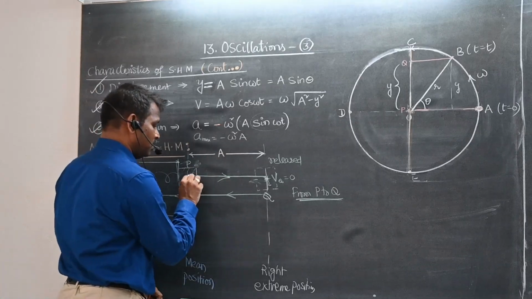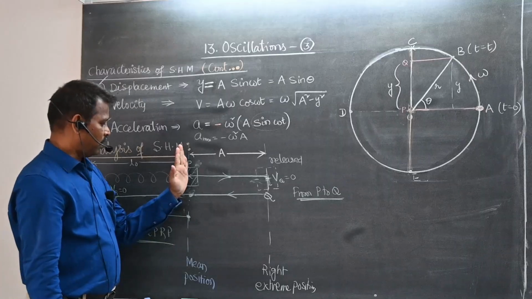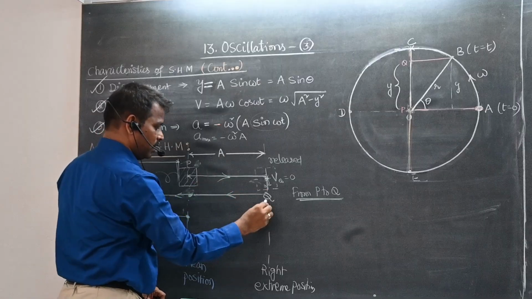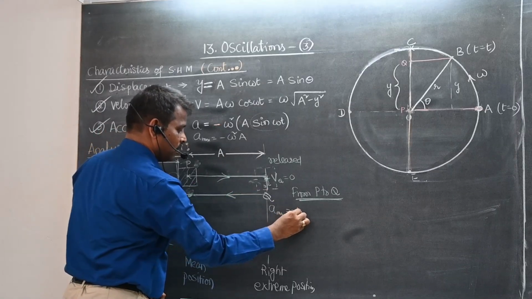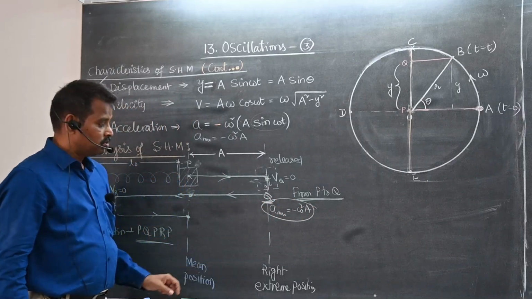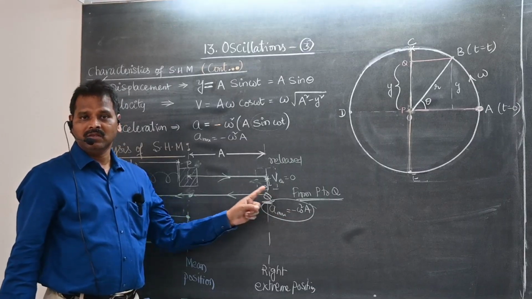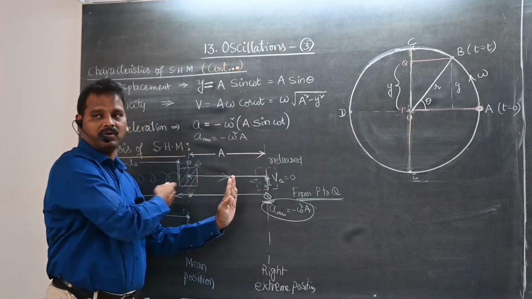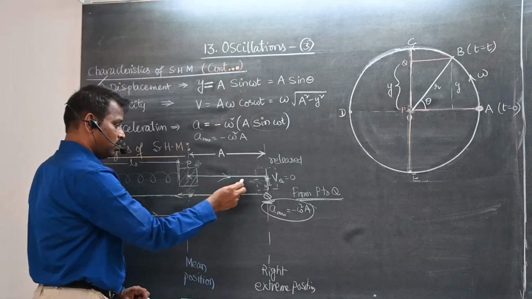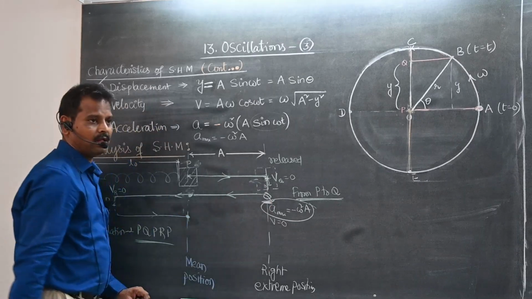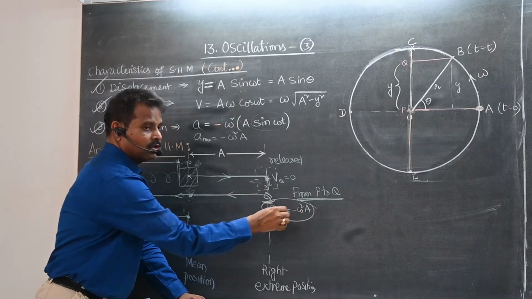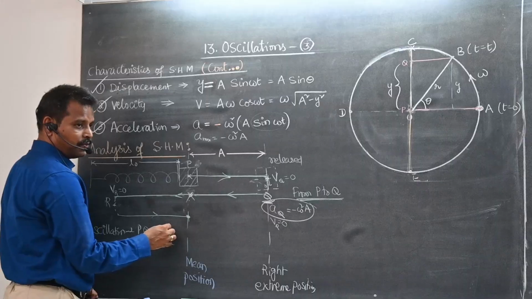So here, from here to here, is the displacement positive or negative? From the mean position, on the right side, displacement is positive. Acceleration? Negative. So here, what is the maximum acceleration? Minus omega square A. Where is it? At Q. So what is the meaning of this minus? Is this acceleration acting along the positive x-axis or negative x-axis? Negative x-axis. That's why it is coming back. So what is the velocity at Q? Acceleration at Q is minus omega square A.